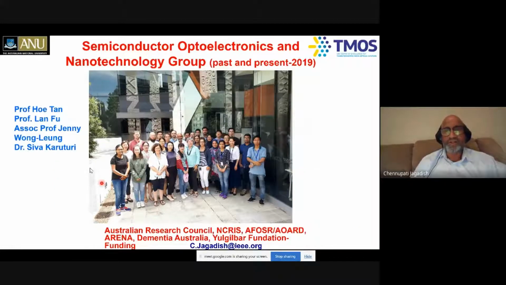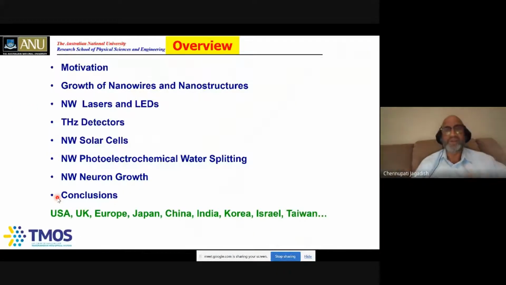This is my group at the Australian National University, typically 10 to 12 nationalities at any one time. They are bright young people, and it's a real pleasure for me to work with them. I also have colleagues who lead the research programs in the group and work closely with the students, and I want to thank them for their leadership. I also thank the funding agencies for their support; without that support, we would not be able to do the research which we are doing. I currently have one student from Kerala, Ashwini Gopakumar. She is from Cochin, from the University of CUSAT, and the Photonics department there.